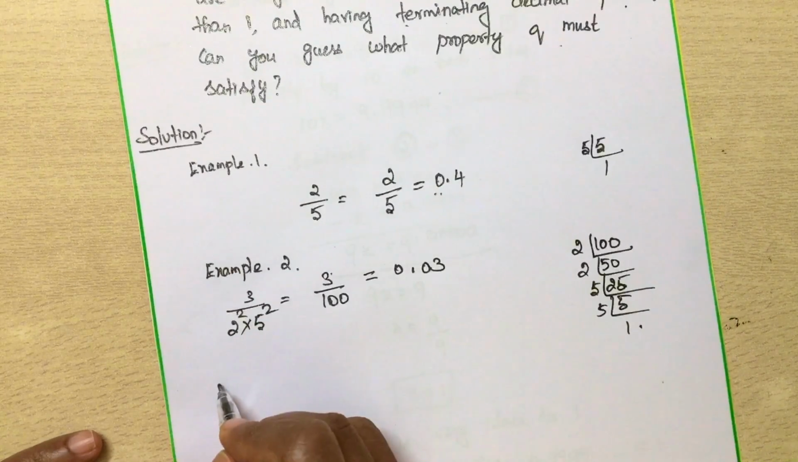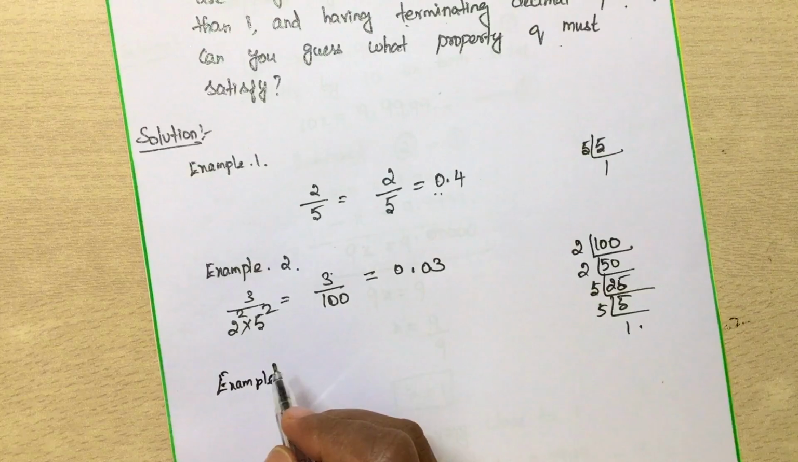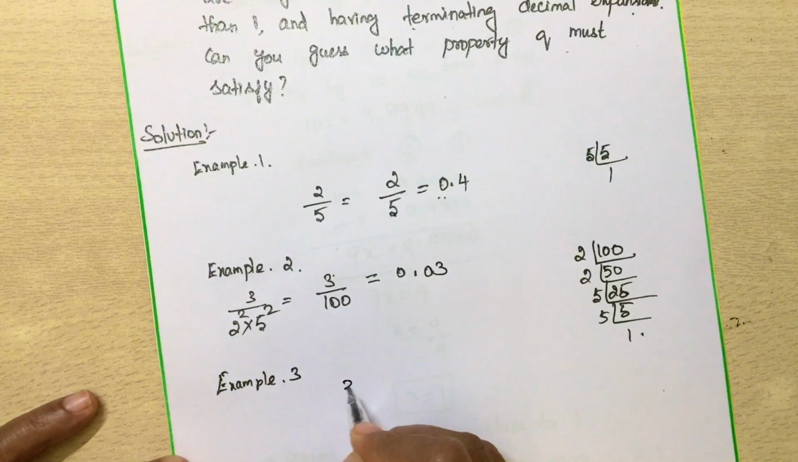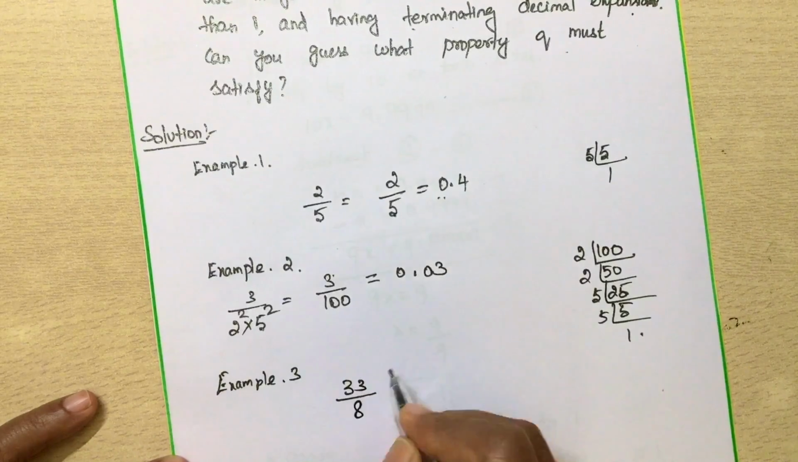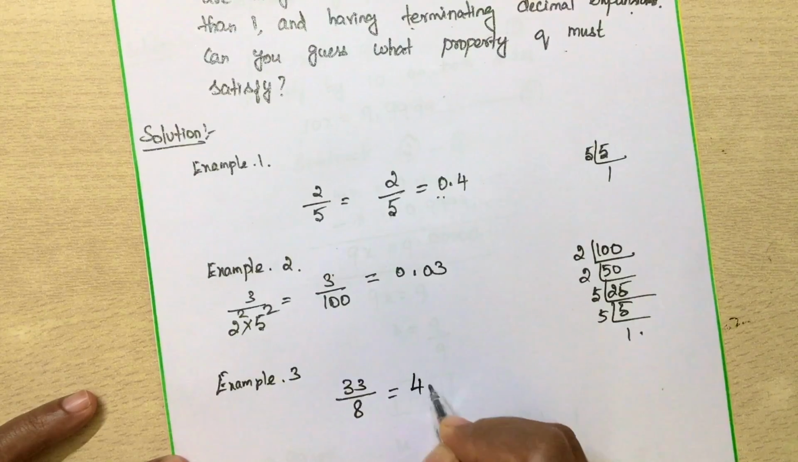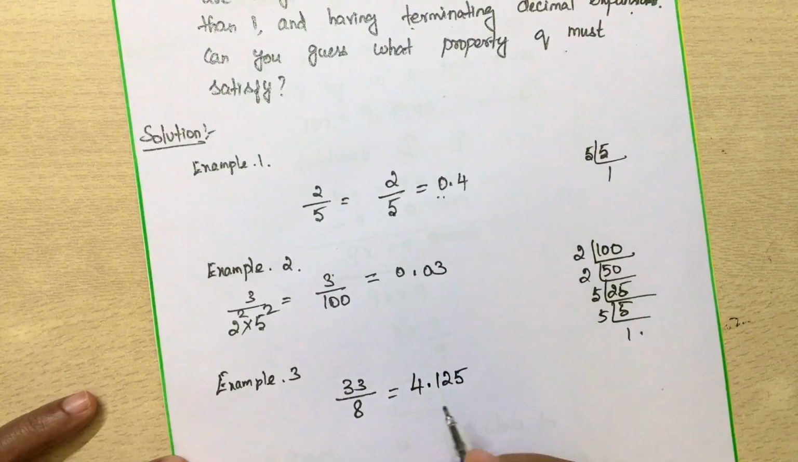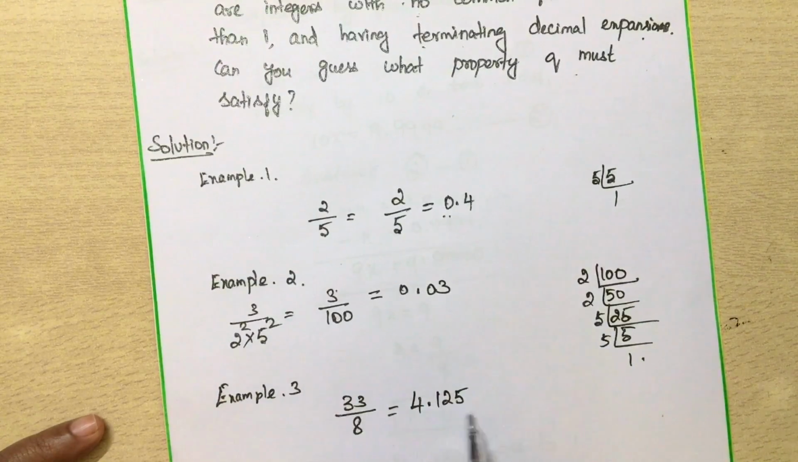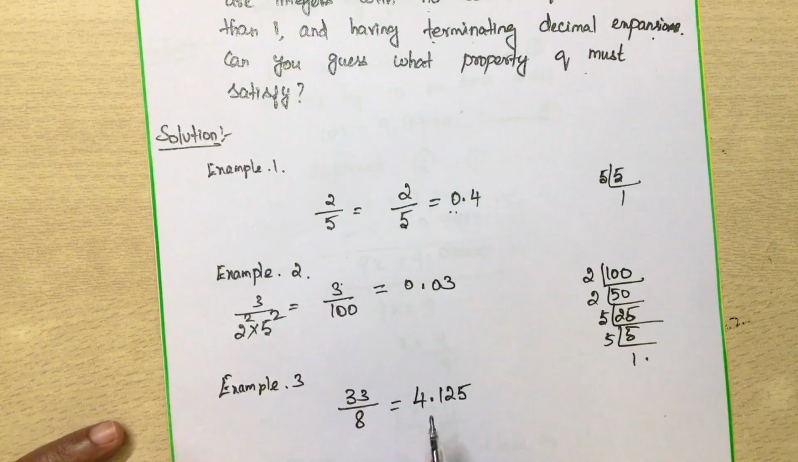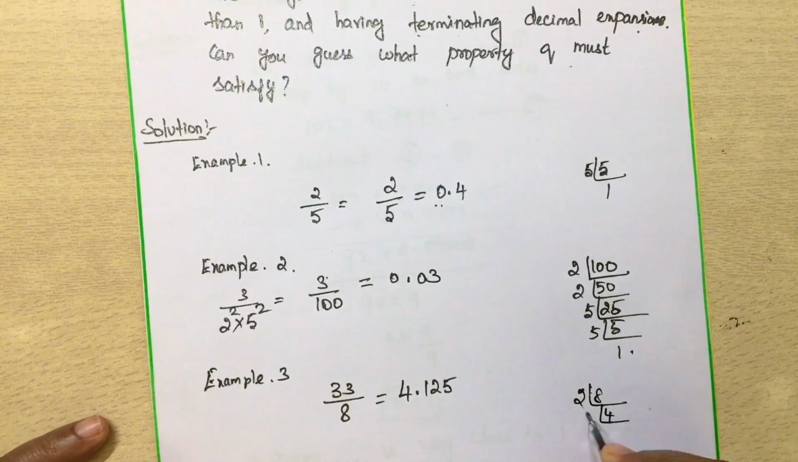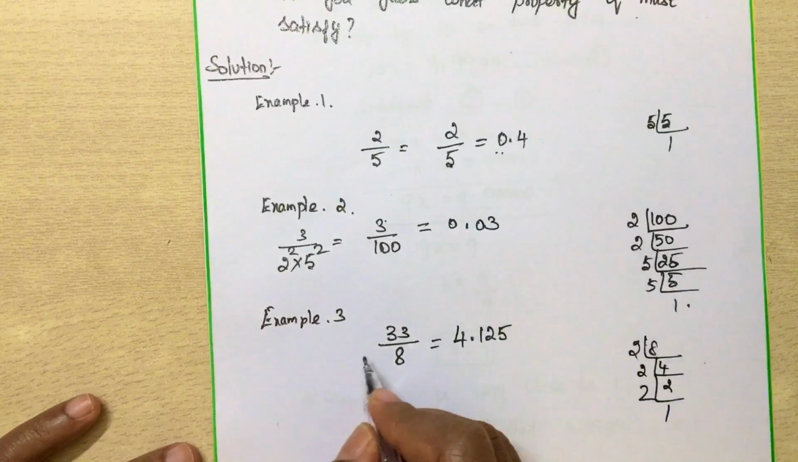Now the third example. This is given in the exercise. We'll take the same one, 33 by 8, which, when you divide this, you will get the answer as 4.125, which is terminating. Now you notice here there is only 1 as the common factor. It is terminating decimal expansion. Yes. Now 8, do the prime factorization. Yes, 8 can be written as